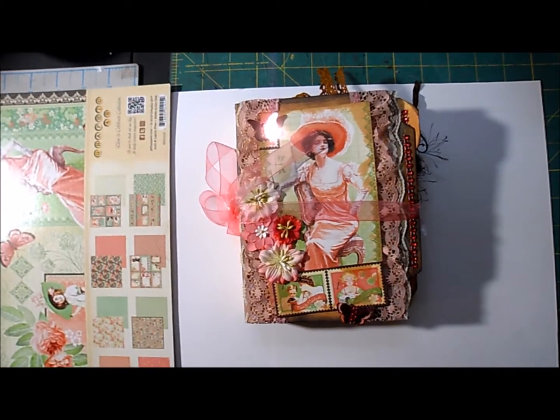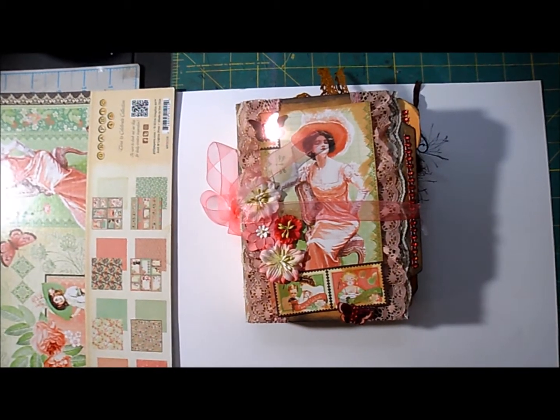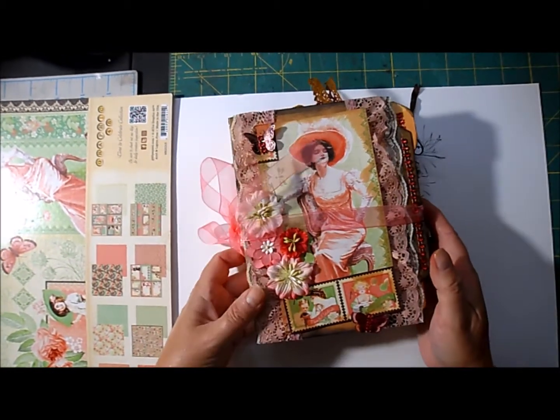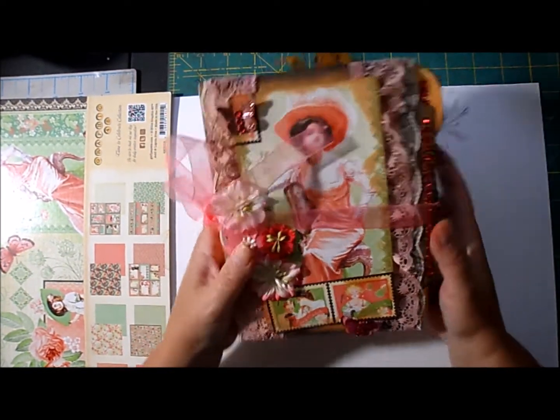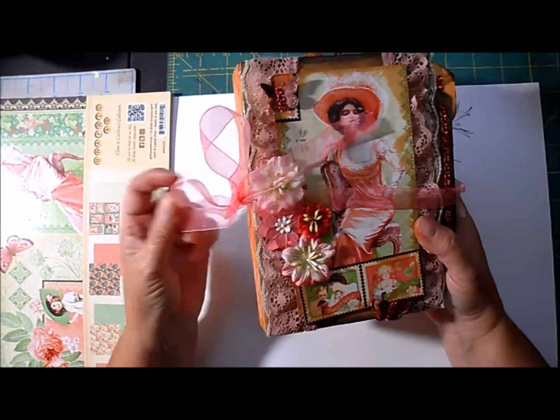Morning, this is Sheila from My Cardstock Creations mini album, and today I'm going to show you a flip through of this junk journal